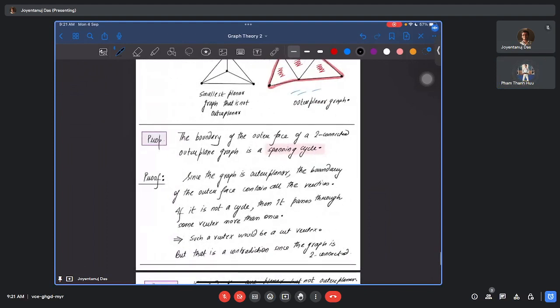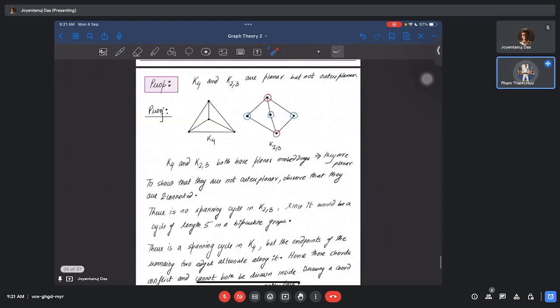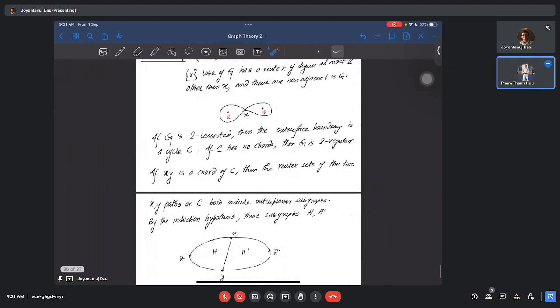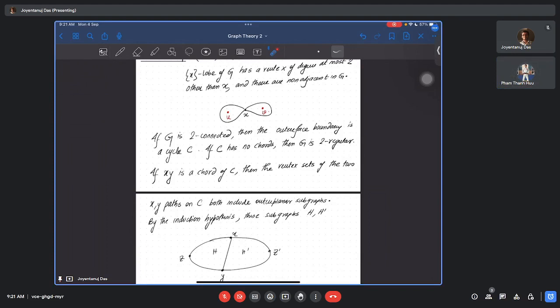So if it is a two-connected outerplanar graph, then the boundary should be a spanning cycle. So this will use that. Then the outer face boundary is a cycle. If G has no chord, if it does not have a chord,